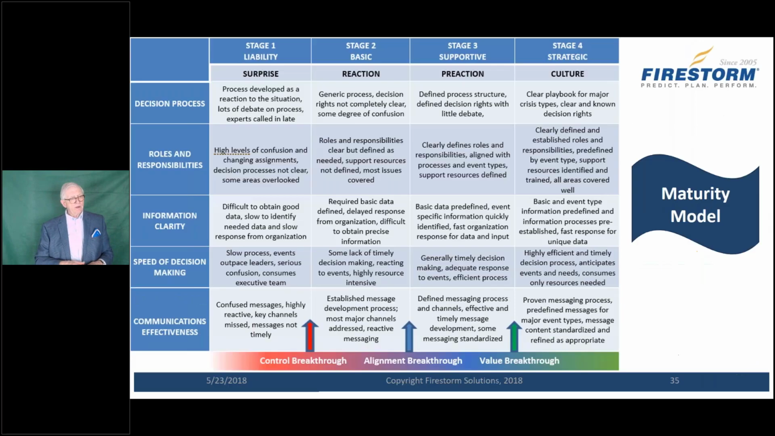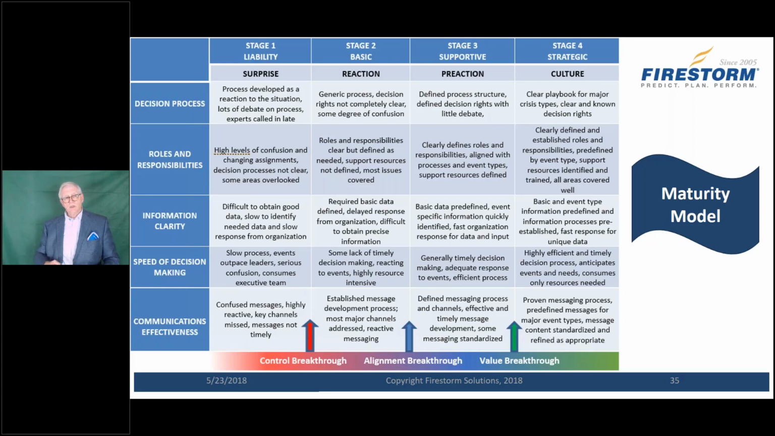Now, this is a maturity model. It shows the standard on how you should perform in a crisis. There are 5 dimensions that are absolutely critical in every crisis: the decision processes that were used, the roles and responsibilities, the information clarity, the speed of decision making, and the communications effectiveness. Now you'll see these are measured across 4 different stages, from a stage 1 where it's a liability and everything comes as a surprise,